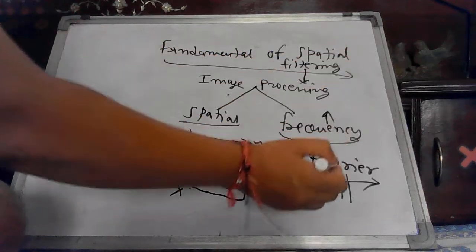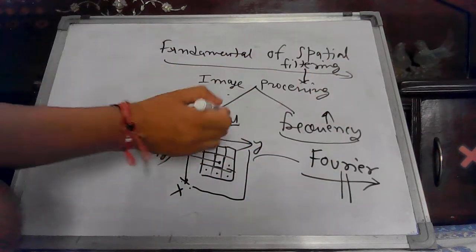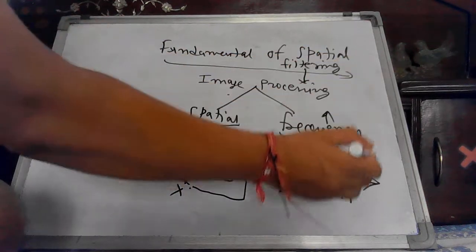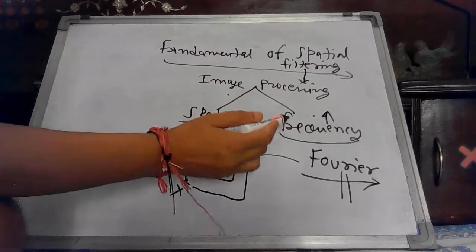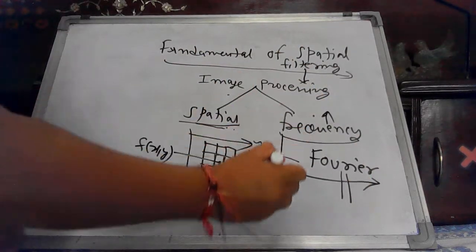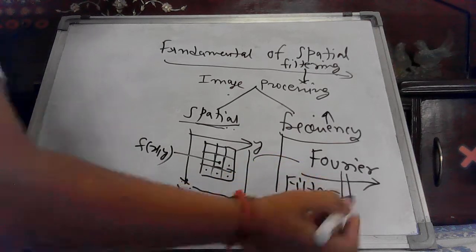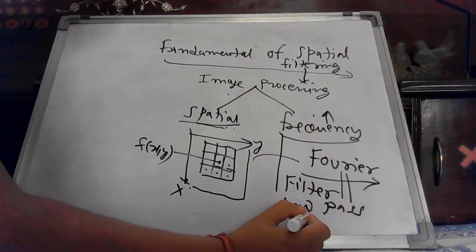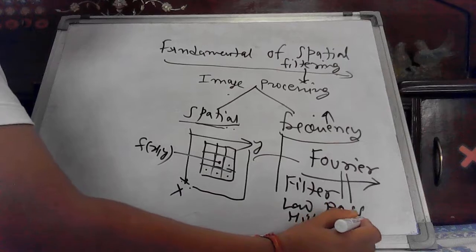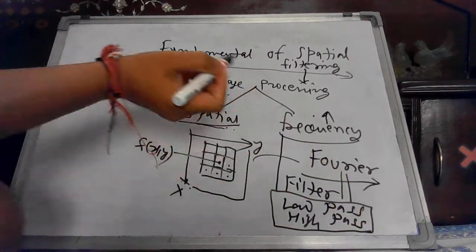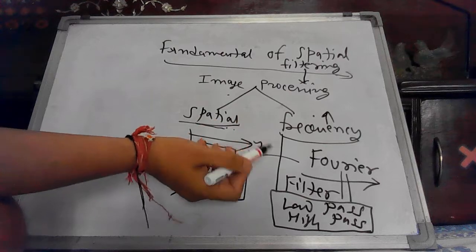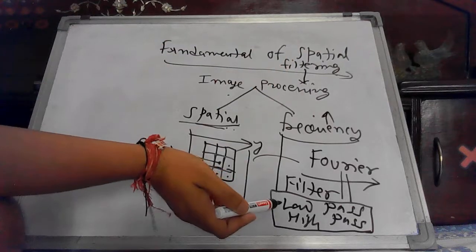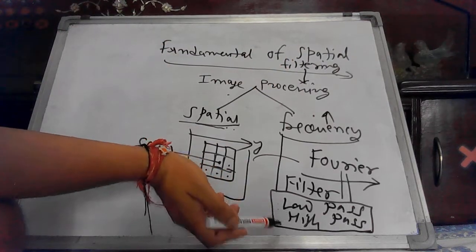One term that I want to explain here is filter. Filter is not a term which comes directly from the spatial domain. It is a common term which is very popular in the frequency domain. In the frequency domain, we normally say there are two kinds of filter. One is known as low pass filter and one is known as high pass filter. Those from an electronics background can relate to this very well in signal processing, but for computer science and IT, you can understand it simply. A filter can be of two types, either low pass filter or high pass filter.